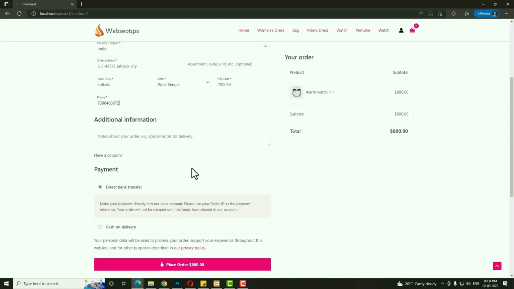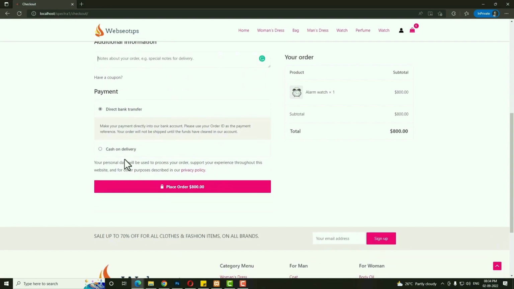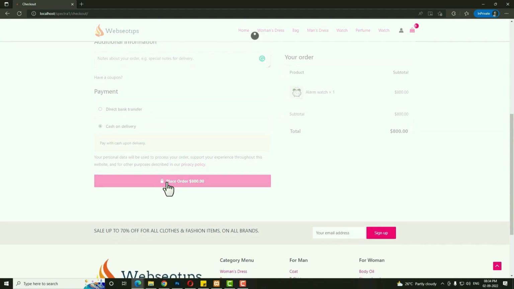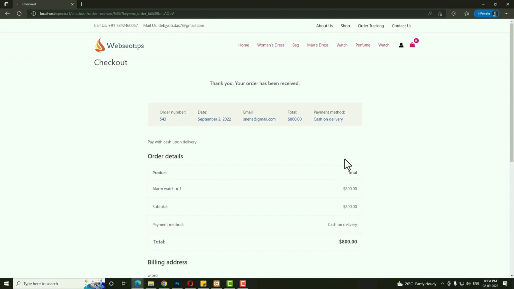After you scroll down, if you want to add any additional information, you can always write it here. After that, from here you have to choose the payment method. Suppose I am choosing cash on delivery, and after that let me click on the place order option. Once you complete the order, you will be redirected to this page, the thank you page, that contains